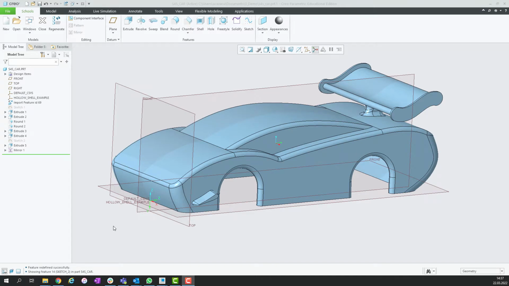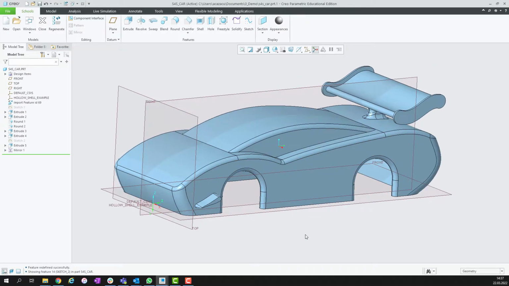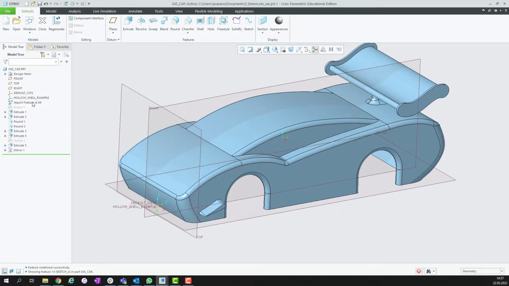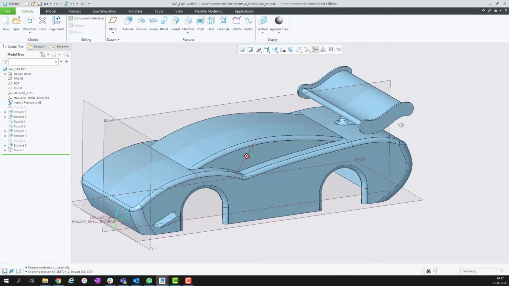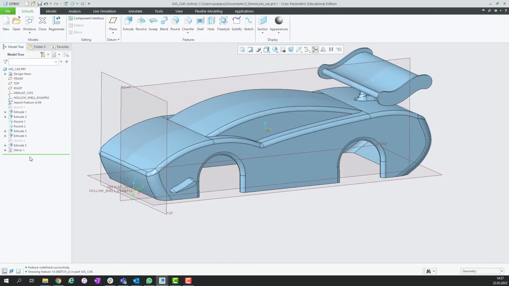Hello, so I'm showing today, as promised last week, how to relate sketches and features in Creo. I have here the same body of the car. Thank you, Andy, for designing this. I exported that from Onshape, and I now have it in Creo. I created the same features, the tail and the front wing for the car, and I'm going to relate